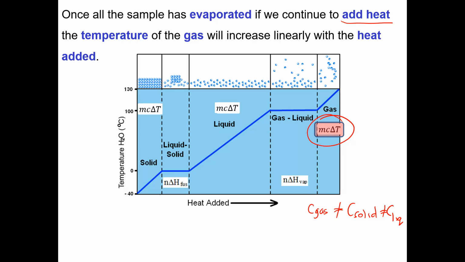So if we wanted to, we could calculate using tabulated values the energy that's required to go from minus 40, say, to 130 degrees Celsius here for a sample of water or for any other substance. And it could be a little awkward because we'd have to add together a total of 5 different